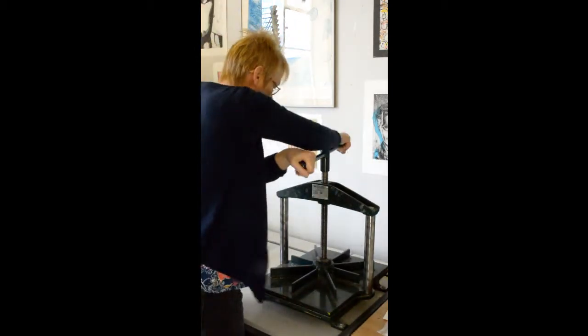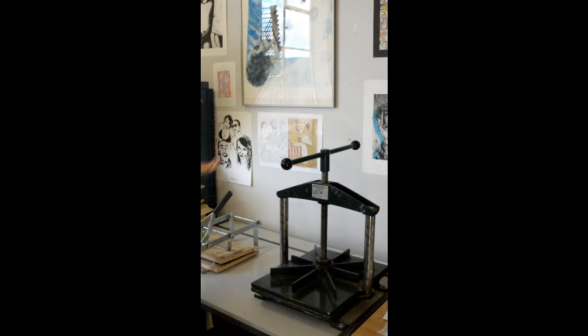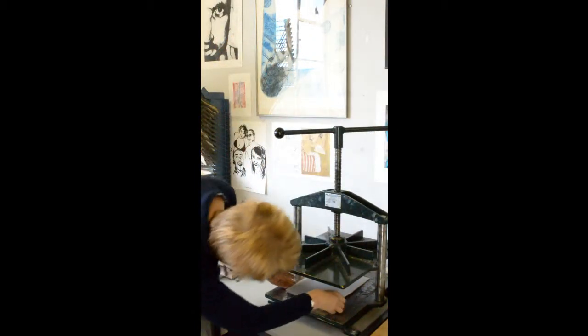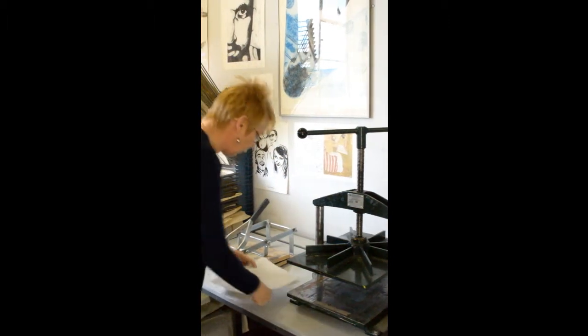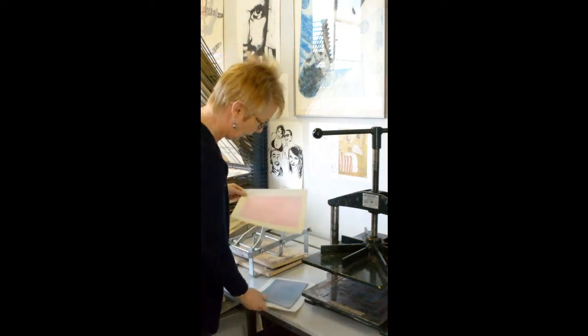Right, so this is the bit where you're actually printing, and I've done quite a firm pressure on it, and it's now ready to turn back up and take the print out. And then you can take out your whole sandwich or peel it up as you like, and you've got your print. There's your